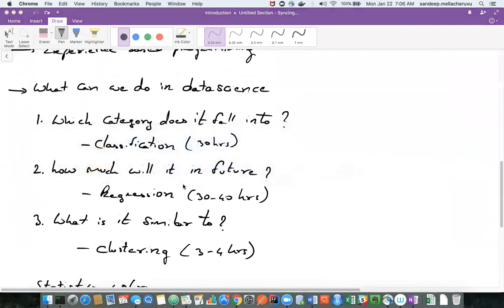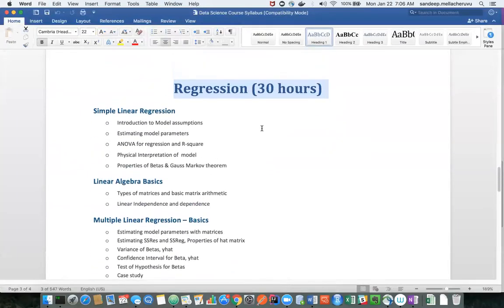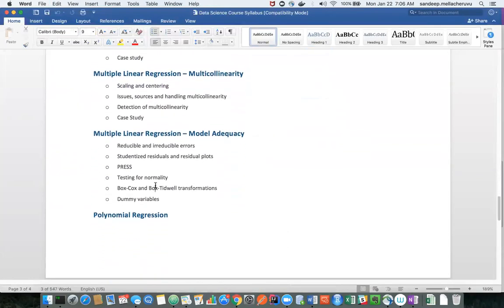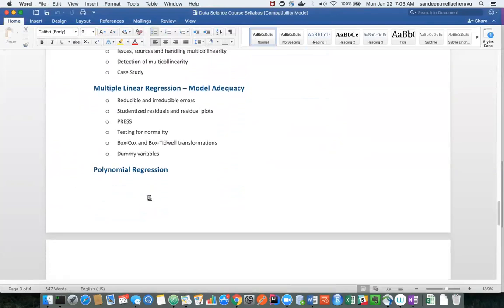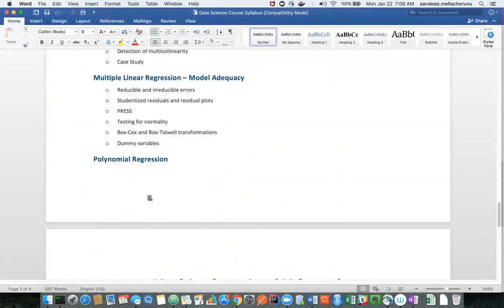So how much means it is a numeric output. Most of the times in regression, you'll be only talking about how to predict a numeric output. But at the end of the regression, you'll start knowing that regression can also be applied for some categories. You can do categorization using regression. It's a common technique for category classification.